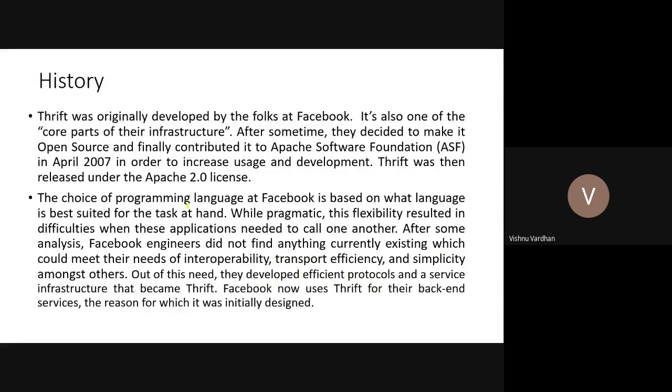Thrift was originally developed by the folks at Facebook. It's also one of the core parts of their infrastructure. After some time, they decided to make it open source and finally contributed it to the Apache Software Foundation. So in April 2007, it was given to this particular organization, the ASF, so that they can further implement things, as well as use it